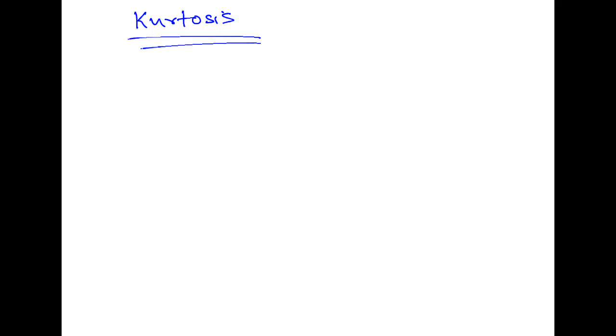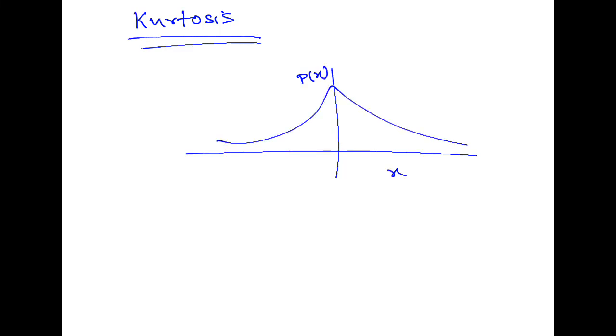So how does a Gaussian distribution look like? This is X, this is P of X. You get a bell-shaped curve peaked around the mean or something like this. Now we are given another distribution. When can we say it is not Gaussian, right? So we standardize the distribution, we make it zero mean unit variance, right? And if it's a Gaussian distribution, it will overlap exactly on this, because all Gaussians are parameterized by just two parameters. But if it's a non-Gaussian distribution, it can be slightly different, right?